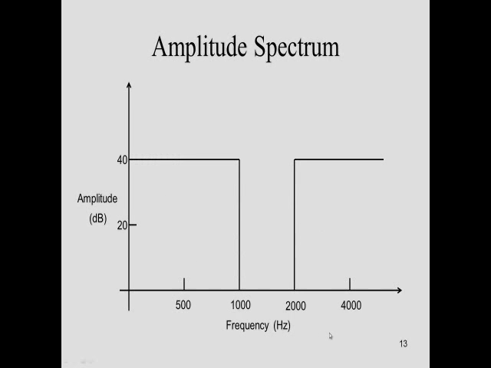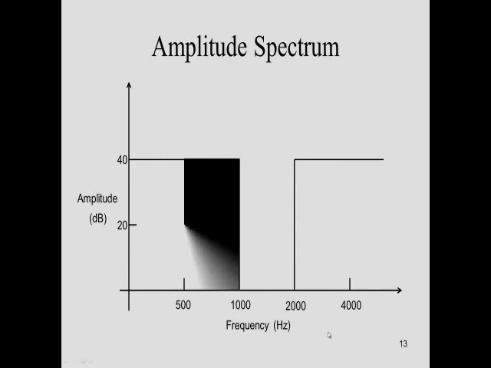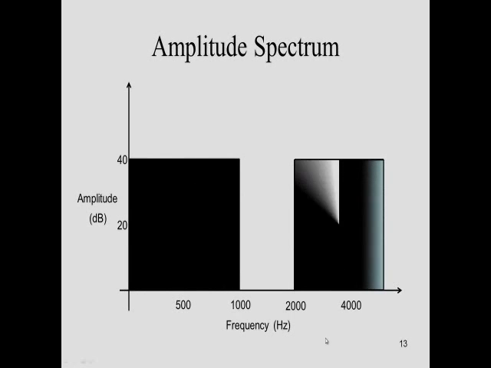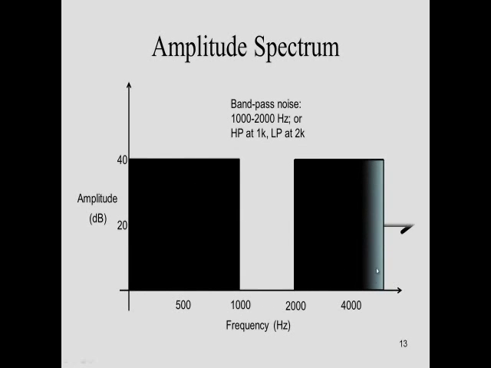It's also possible to filter out a specific bandwidth and allow to pass low frequency energy or high frequency energy. So let's see what happens here. Now we're going to color in these two bands. We've got the arrow going out here, and we know now that the high pass cutoff for this filter is at 1000 hertz.